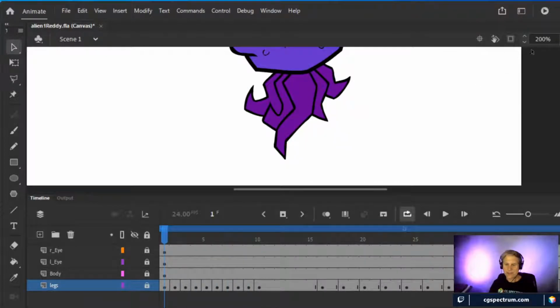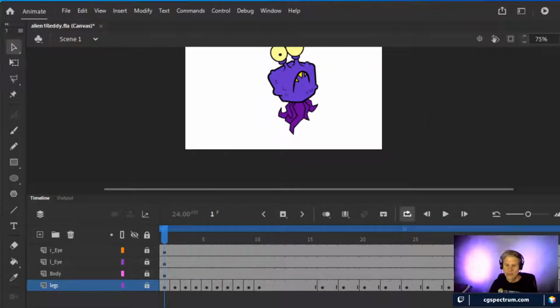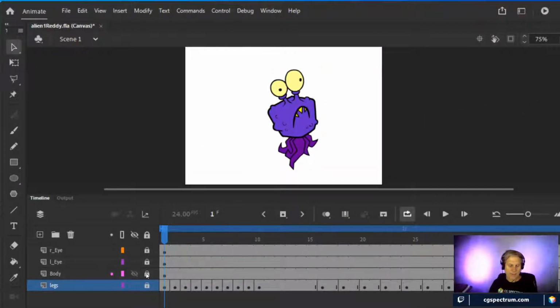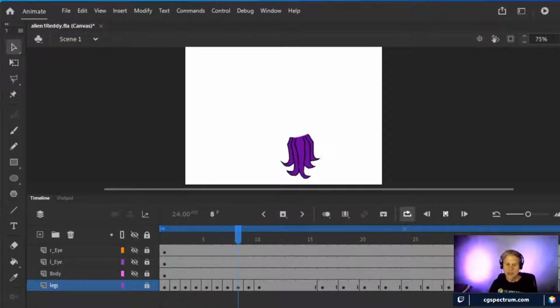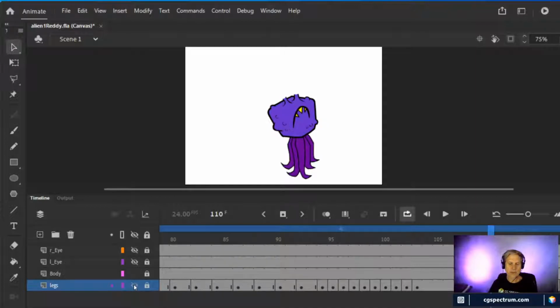So now if I just play just that layer all by itself, you will hopefully see that the animation of the legs works on its own. So that's just a cycle of the legs going down and then coming up. They go down fast, they come up a little bit slower, and it will just do that forever. Once I had that, which was already based on the body, which I knew wasn't going to do anything, I could put that together with the body.